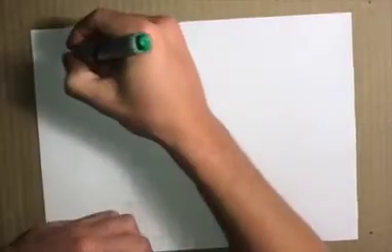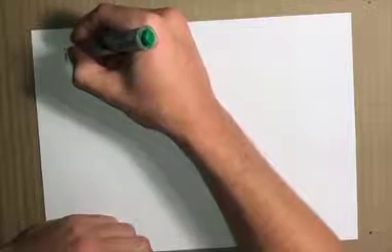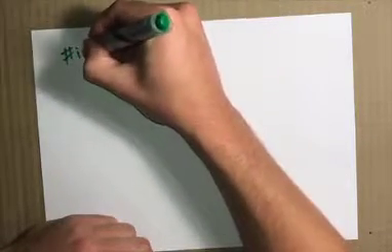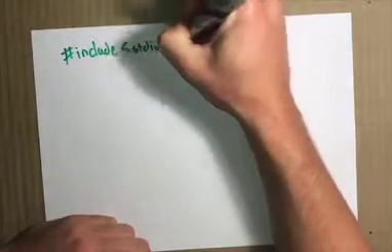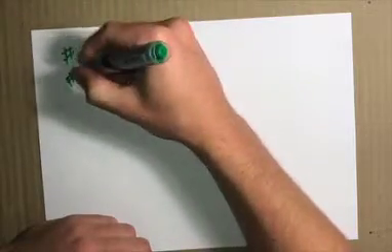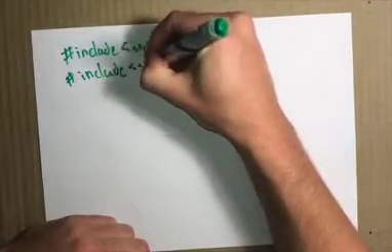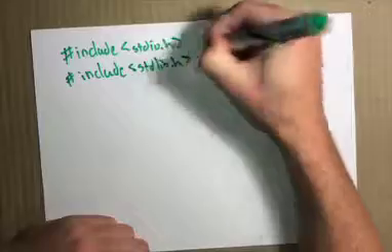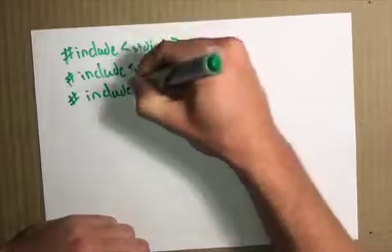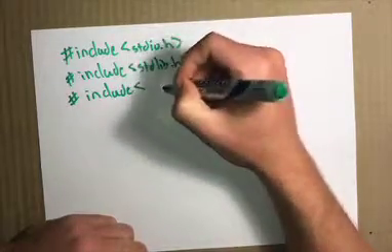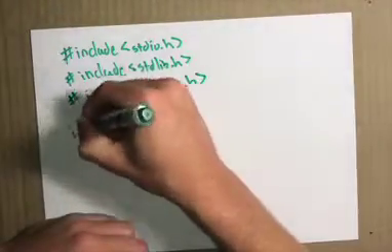Let's say we have our program: hash include stdio.h, hash include stdlib.h for the random functionality, and also hash include time.h to give a time seed to our random function. Then inside int main